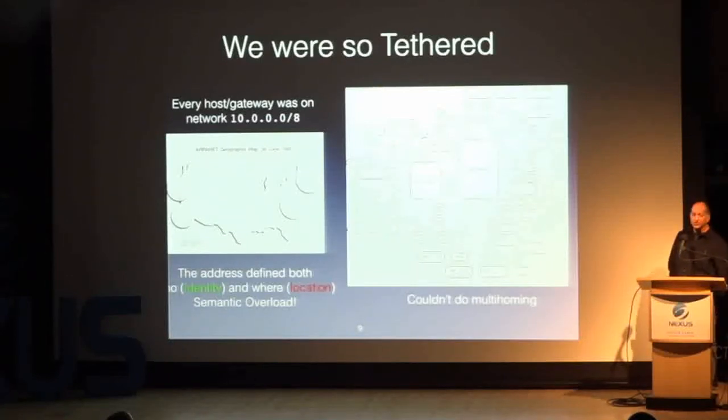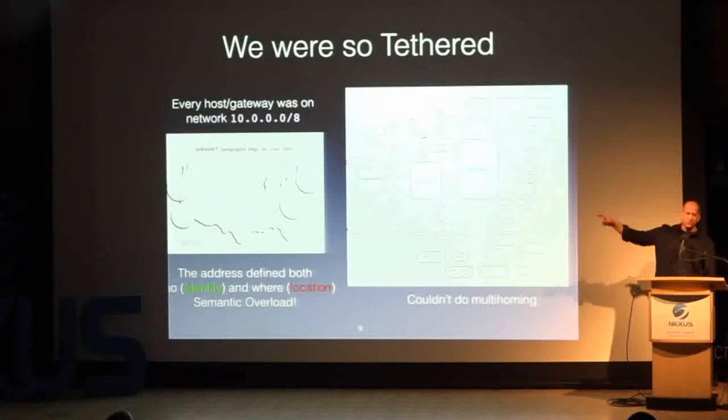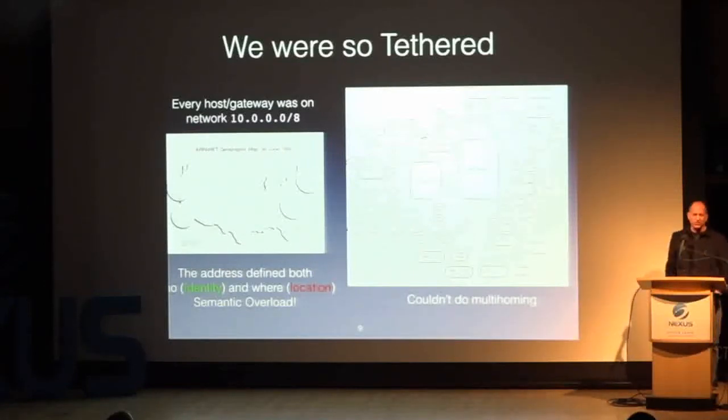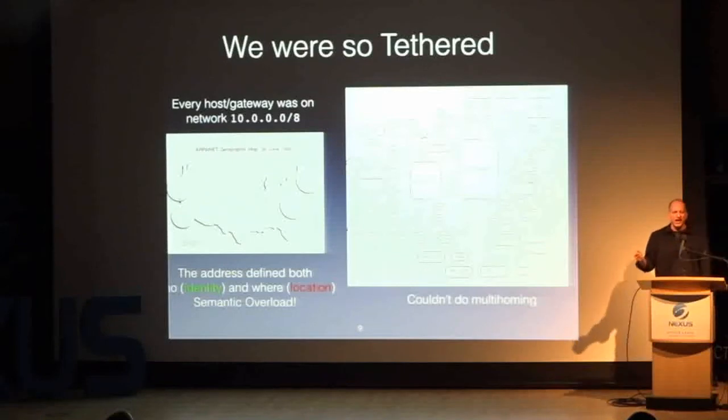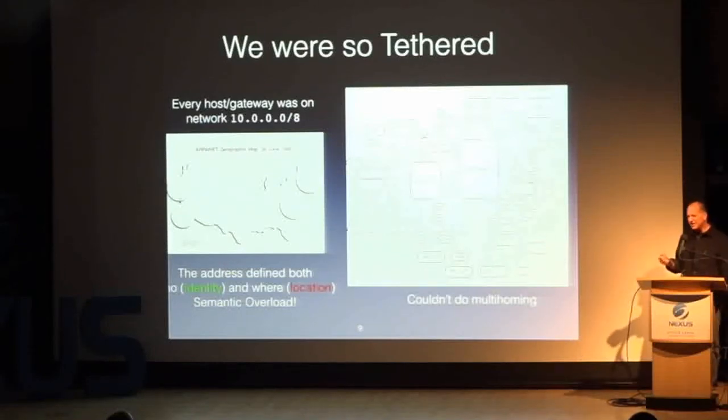And the problem is you would need routers to know which interfaces 26 was versus 10. The problem is if you wanted to move a computer from 10 to 26, not only would you have to change its IP address, but you would have to make sure you got approval from the MILNet, right? This was very hard, but we were physically attached. Could you imagine doing that today with a cell phone or a virtual machine that's always moving around? You can't do that. We can't really do any mobility.